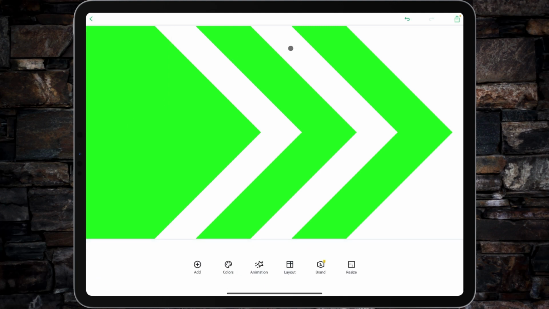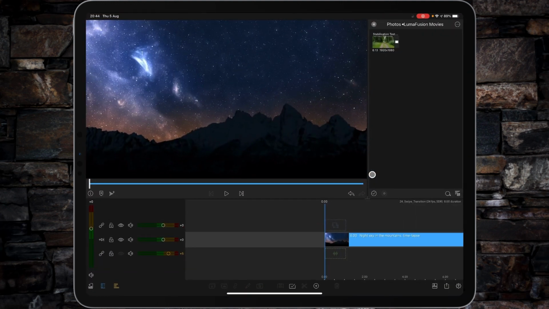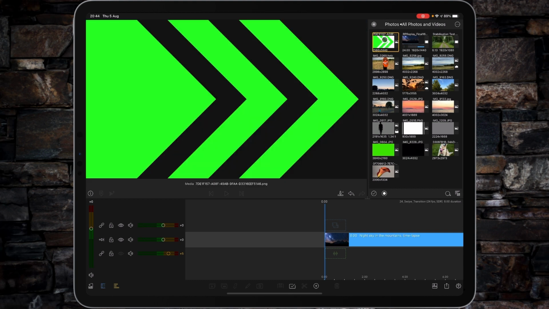Tap done. And then if we go up to the share option, we want to choose transparent. That way you get the green chroma key without the white. Tap save, and that saves it into your photos. And then we can just navigate back to LumaFusion, go into our photos and all photos, and there's our arrow